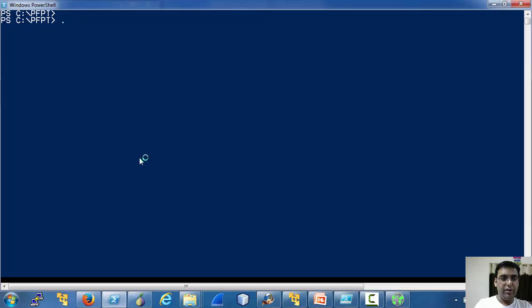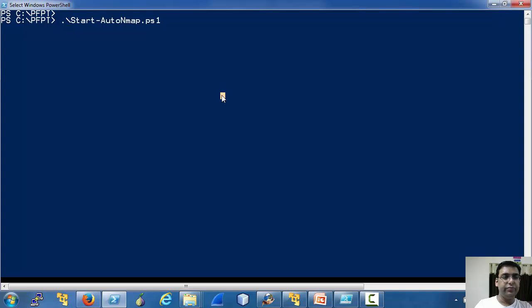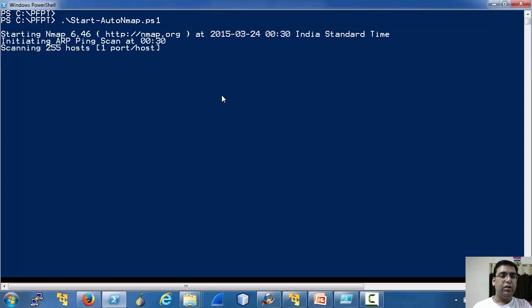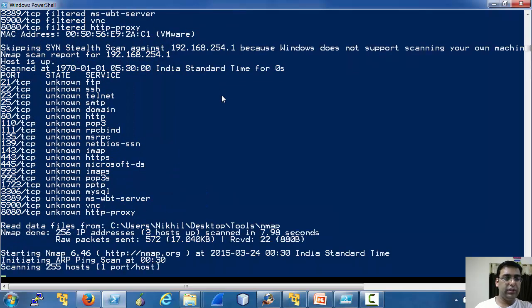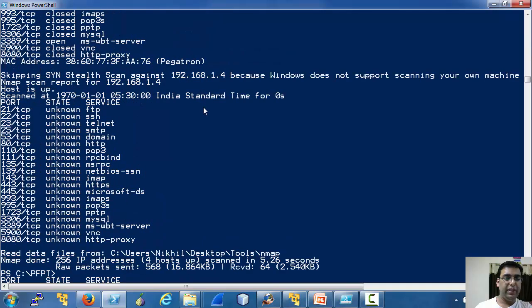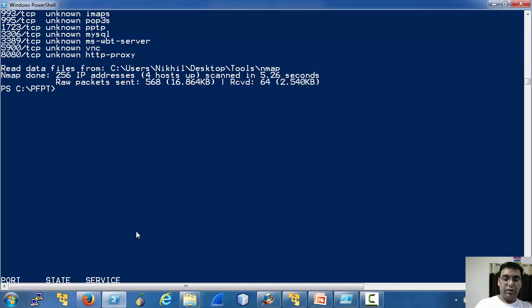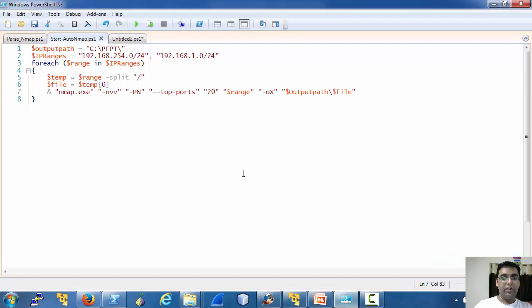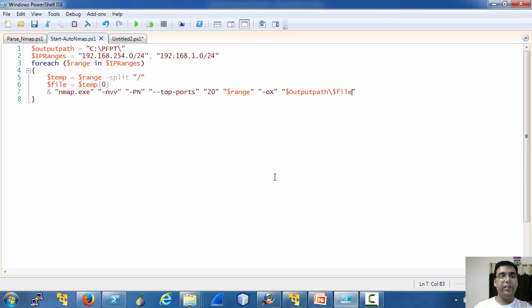Now if we run this script, it scanned one of the subnets. This was the second one, and it is done. Now we have done the automation part. Obviously, this was just a really simplified example. We can use